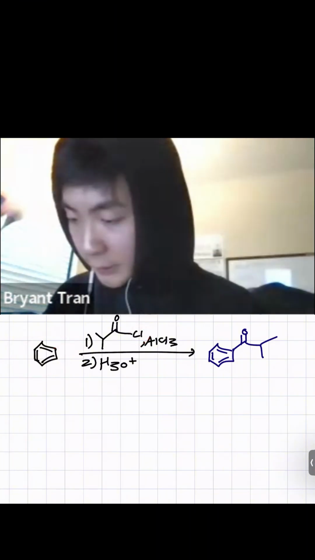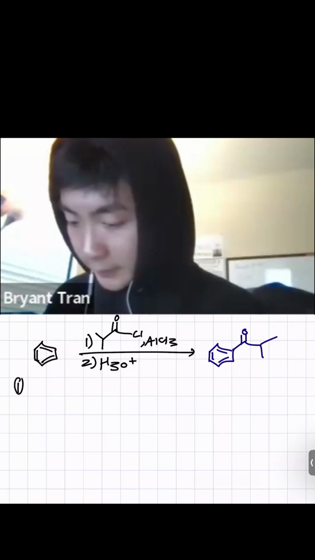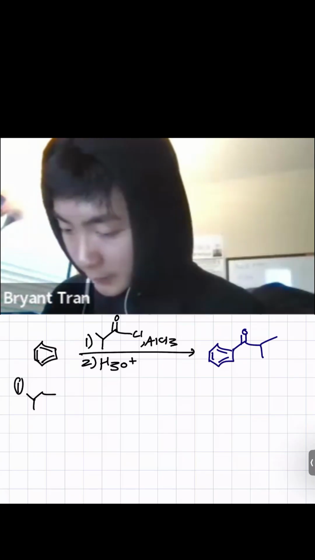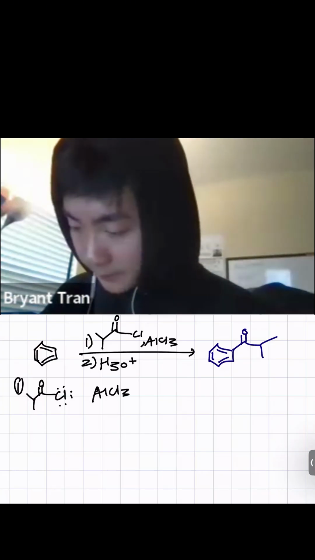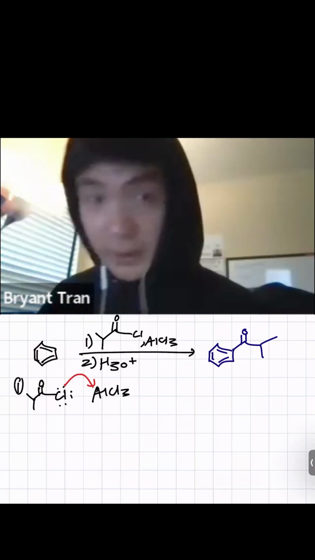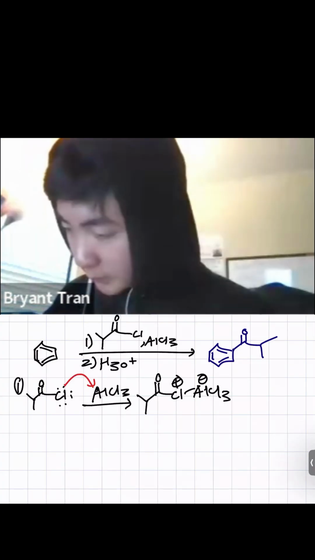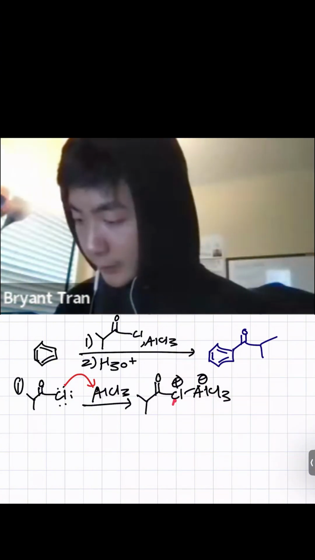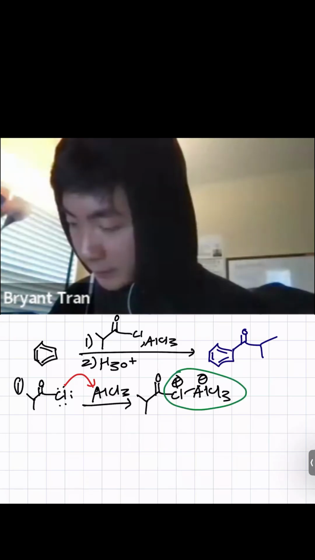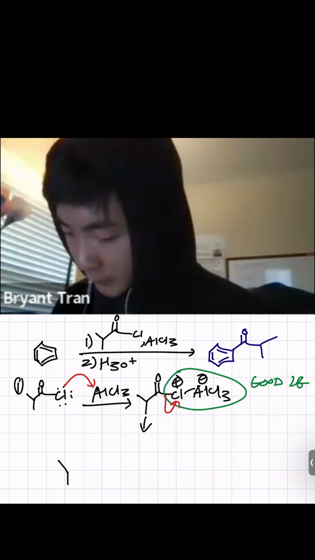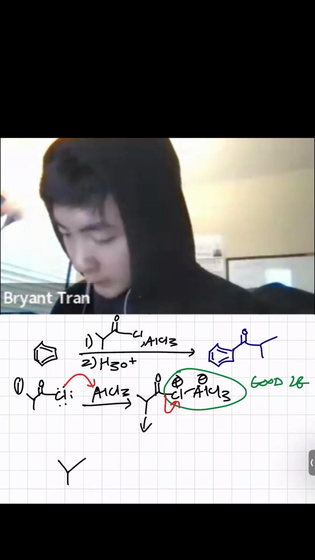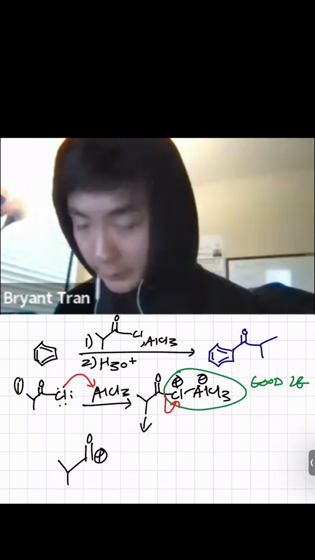Now, for predicted product, here's the first step. The first step is to generate the good leaving group. So to do that, we're gonna have the acyl halide's chlorine attack the aluminum and give us this intermediate here, where this aluminum with four bonds would be negatively charged, and this chlorine with two bonds would be positively charged. And this entire species here is going to be considered our good leaving group, which if it leaves by itself first, we are going to form our strong electrophile, which is going to be our acylium ion here,